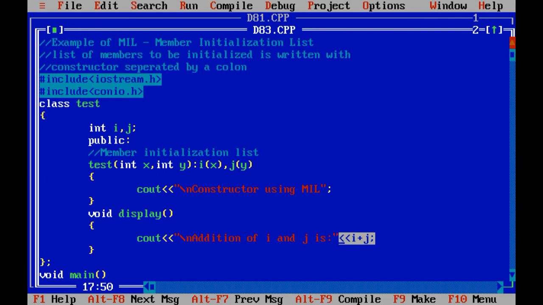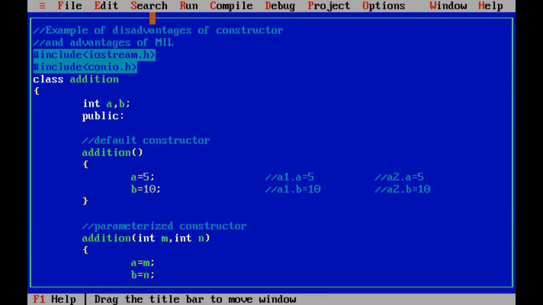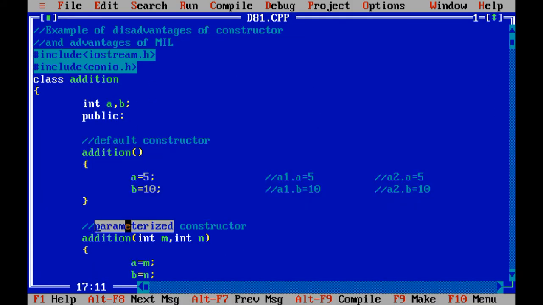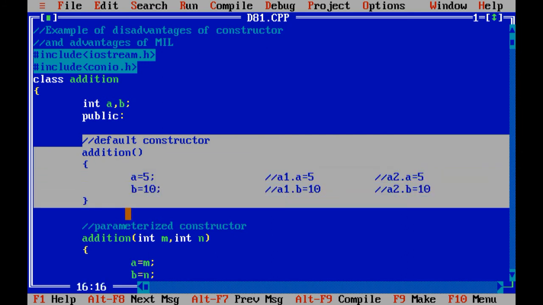See, by default, if your class contains a default constructor or parameterized constructor, then even if the situation is such that you want to use the parameterized constructor, it will still initialize the value of the class variable using the default constructor, which is unnecessary, a wastage of time and memory.